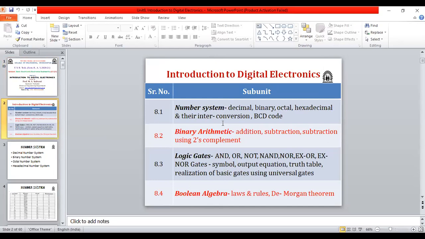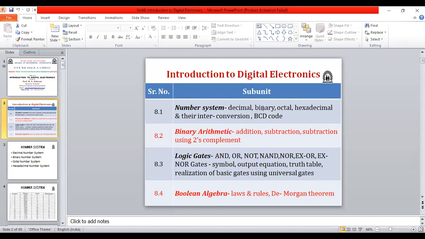In the number system, all of you know very well: 1 2 3 4 5 6 7 8 9 10. How many numbers are these? 10 numbers. So that is what we are going to call the decimal numbers. If we consider 0 and 1, we are going to call that a binary number. The first 8 numbers, 0 to 7, are called octal numbers. 0 to 9, that is decimal numbers, 10 numbers.